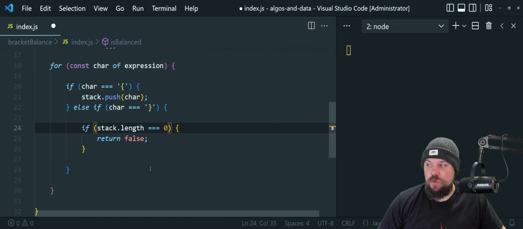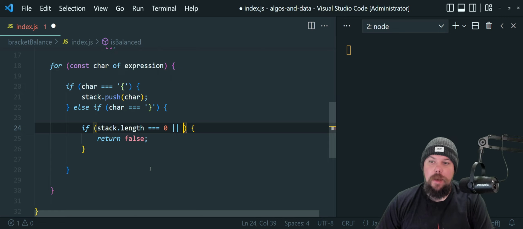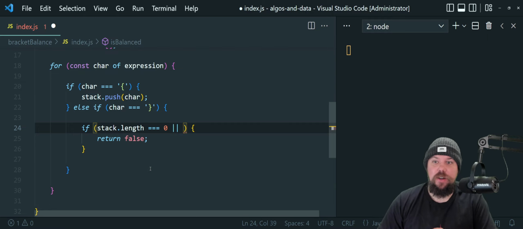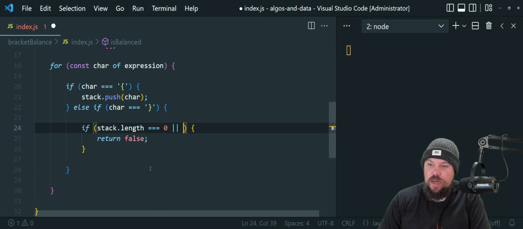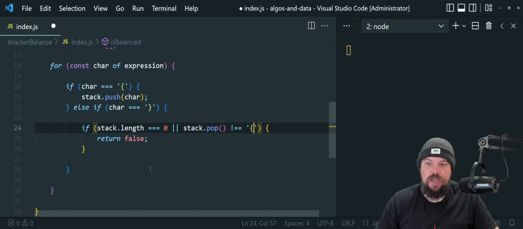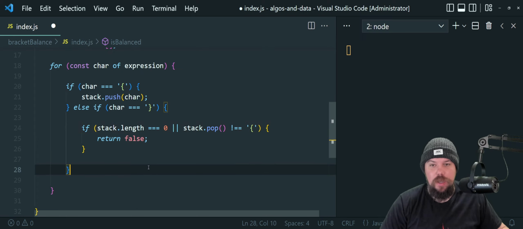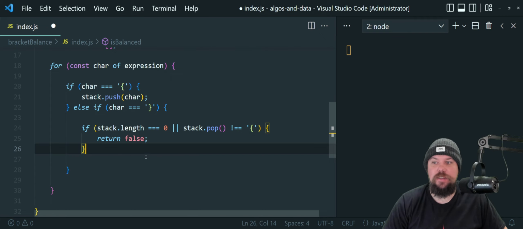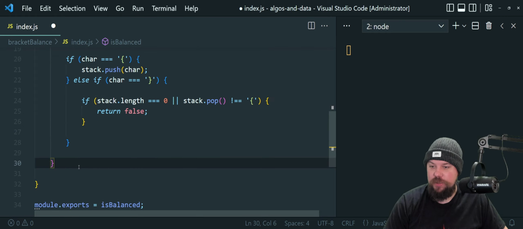Next, the other case was if we remove something from our stack. We pull out what's in our stack, and if it's something other than a left-hand curly brace, then we can't match with this right-hand one, and we have also failed in our quest to organize this party. So if we pop off something from the array, and it is not a left-hand curly brace, we're also going to return false because it doesn't match our right-hand curly brace rules that we've set for organizing this party. Then, ultimately, if we finish this entire iteration and it hasn't returned false,